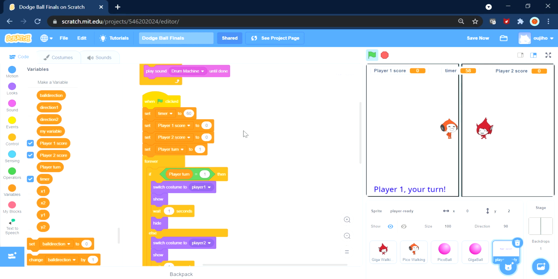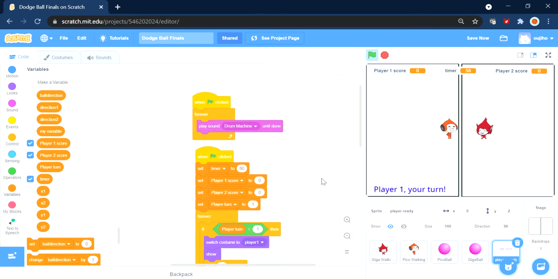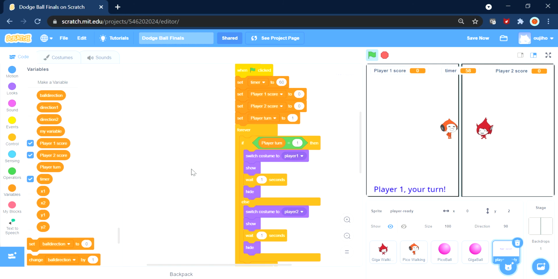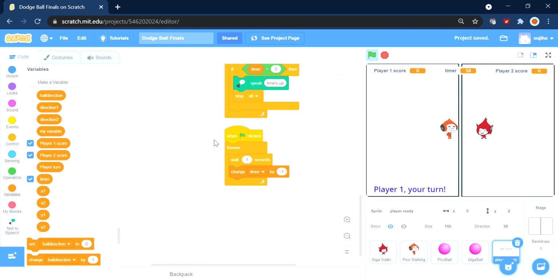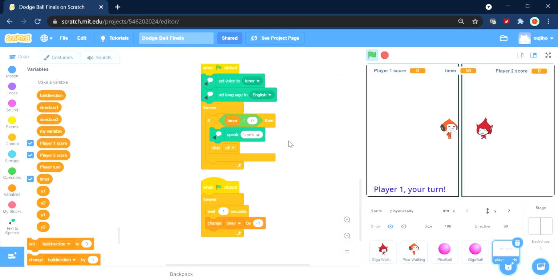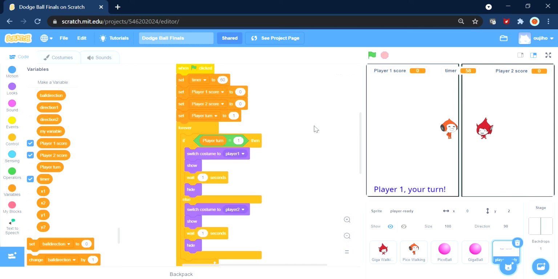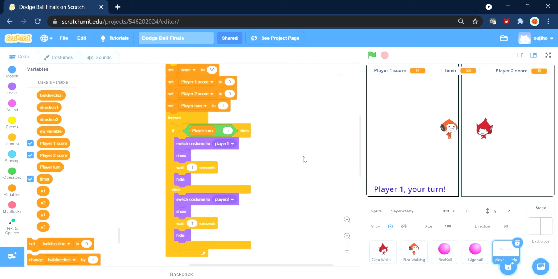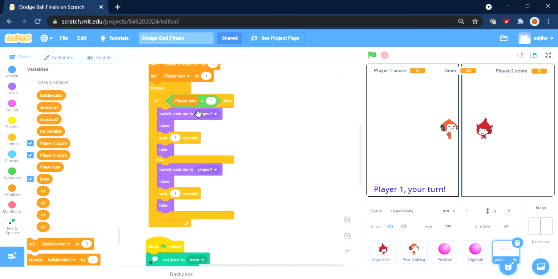And set timer, and just in case you didn't know, which I'm very sure you already knew. Where are the timer functions? Oh yeah, there. It's pretty simple and straightforward. Forever, wait 1 second, change timer by -1. And just in case you didn't know, 60 seconds is 1 minute. Okay, so now we have if player 1 turn equals